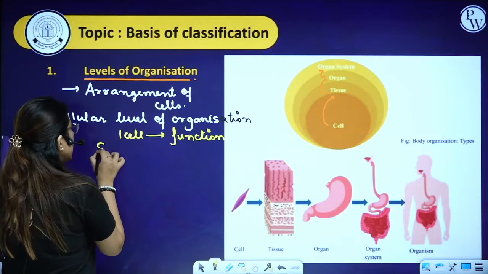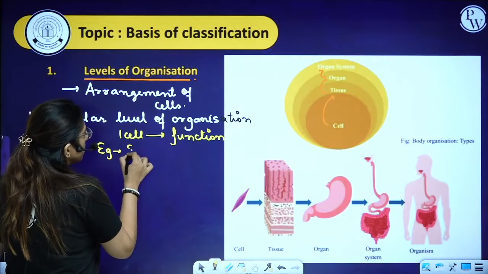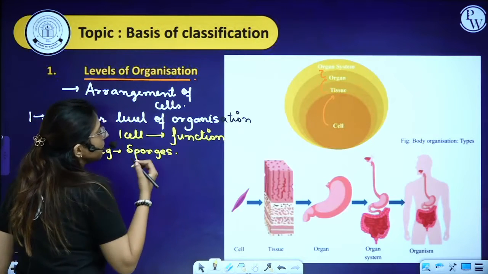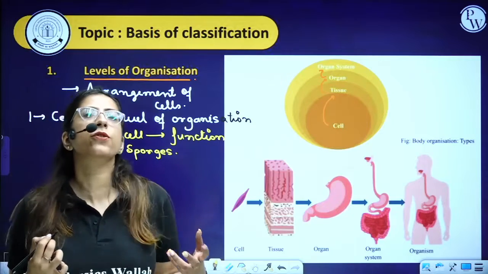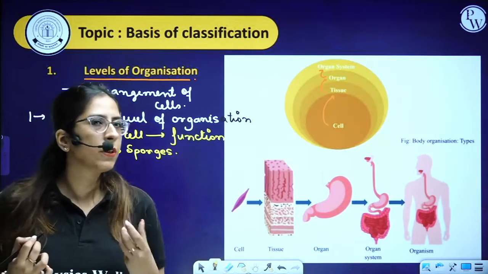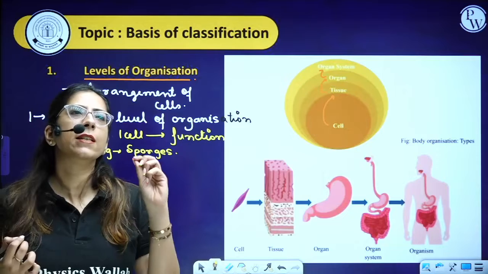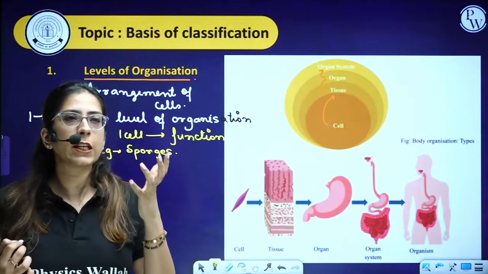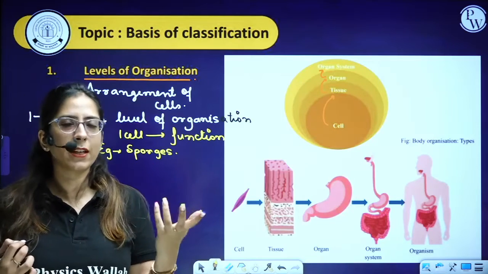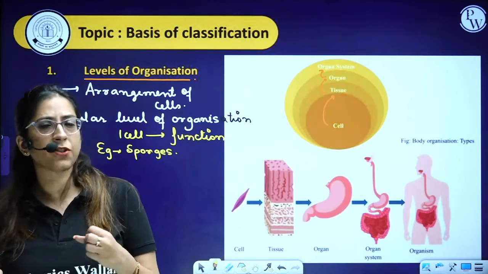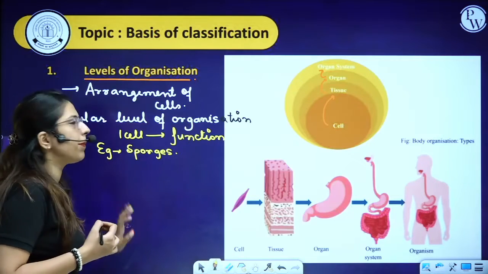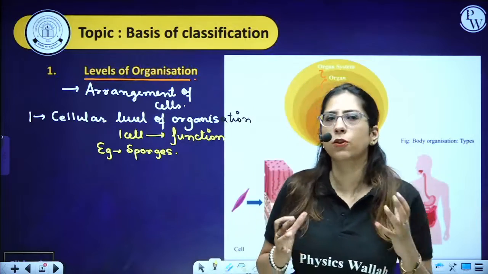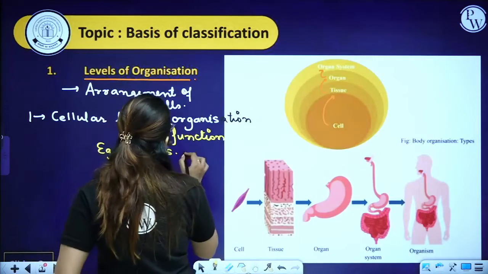Now, in this case, the example we have is the sponges. So whenever I say that they have a cellular level of organization, that means the body is made up of different kinds of cells, and these cells have a distinct function. For example, for reproduction, some cells will be involved. For various other activities, for example digestion, some cells will be involved. So the example we have is poriferans. Sponges are classified into one group, termed as porifera.